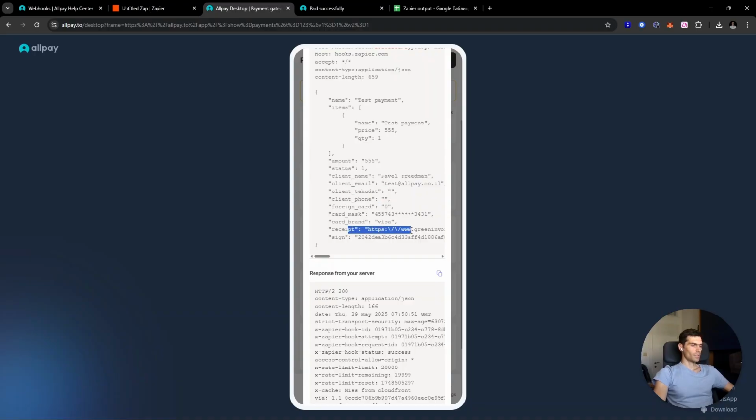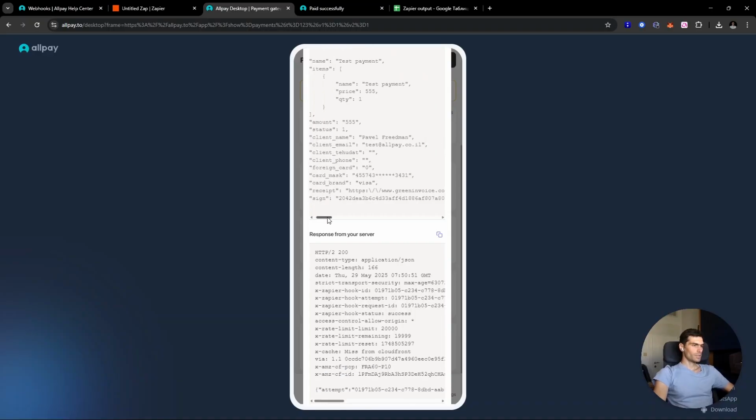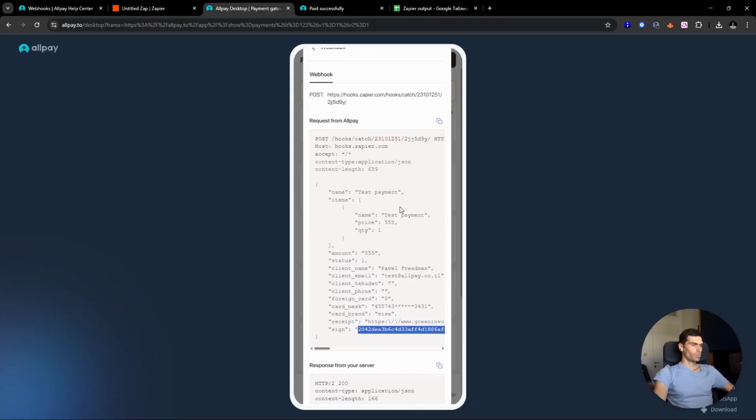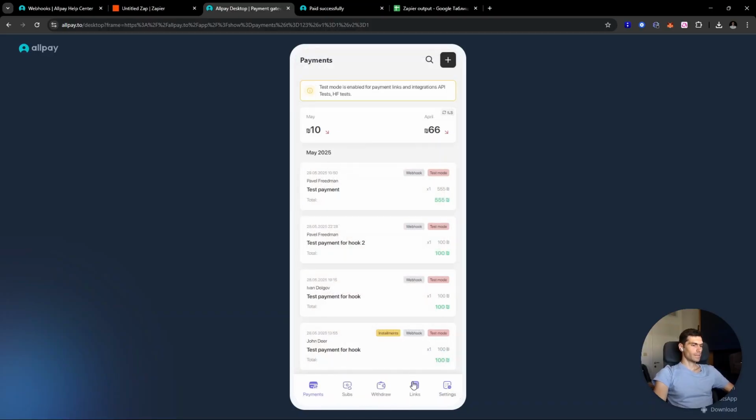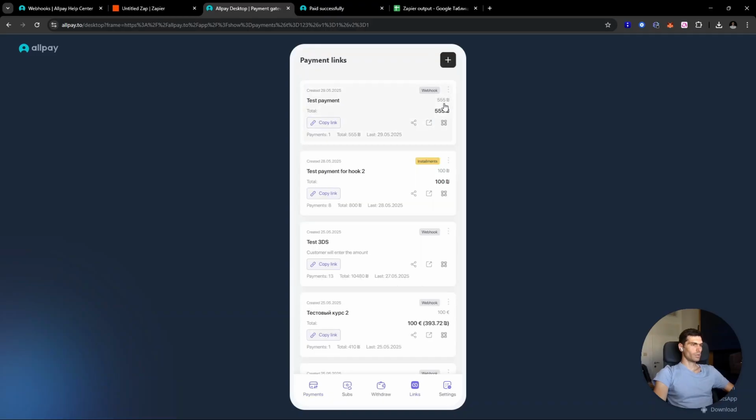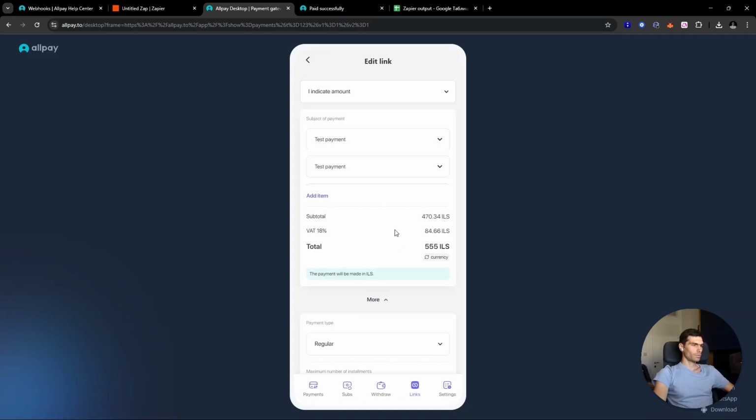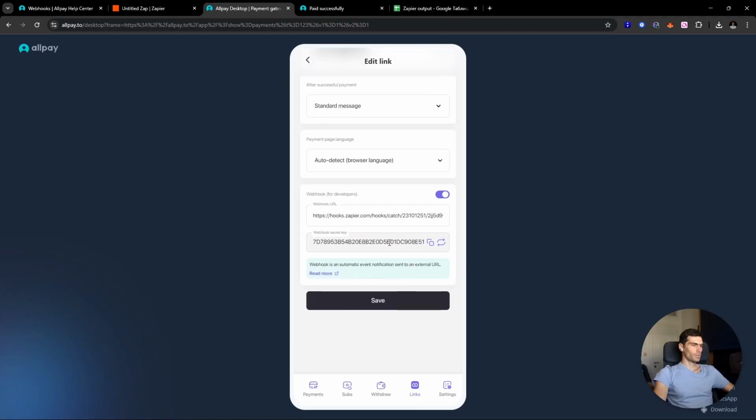There is a link to the electronic receipt because on this account the function of creating electronic receipts is connected. And most importantly, there is a signature present here, which means this signature was made on the Allpay side. And this signature was made using the webhook secret key, which was issued to us with the payment link when the hook was created, that is, with the help of this key. Let's